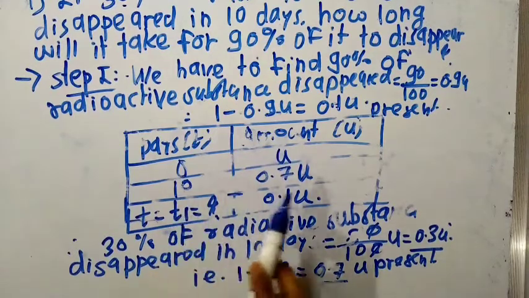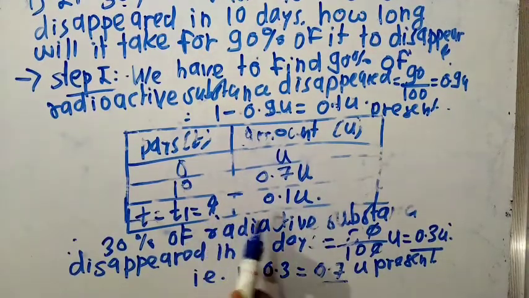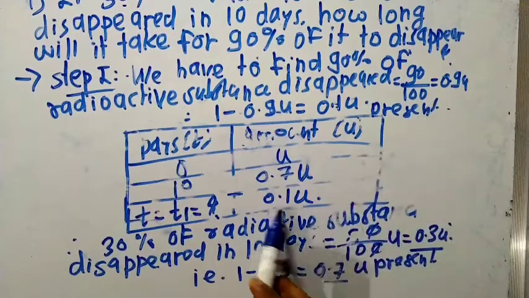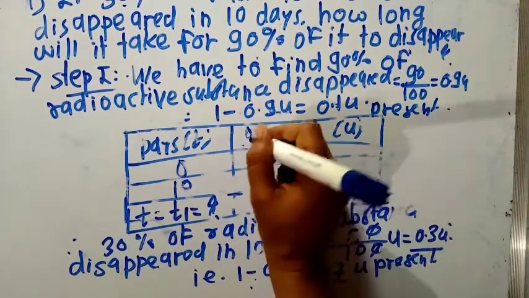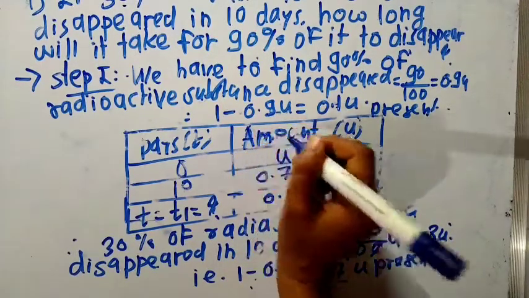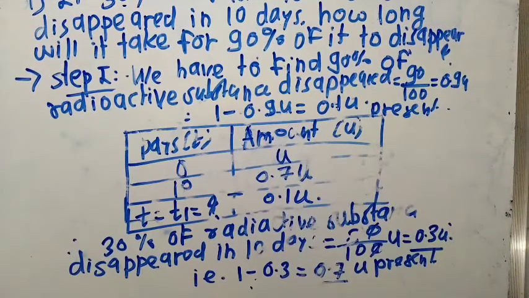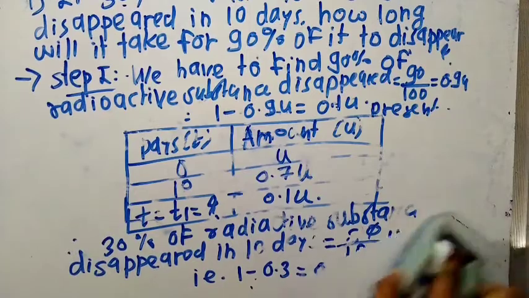Means for 10 days 0.7 u, and for 90% 0.1 u amount will remain. Okay, then second step,